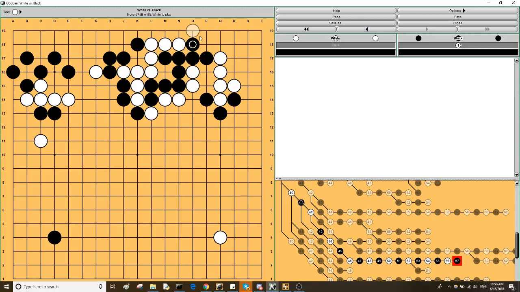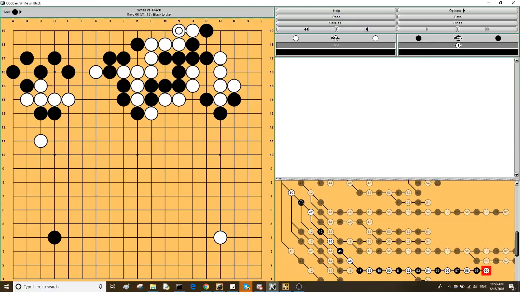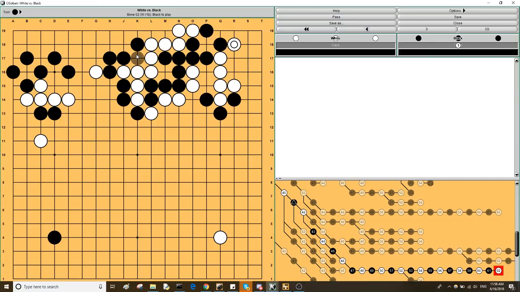I think the best way is to Hane here. I didn't read it beforehand. Or this one. Nope, not that one. I think Hane is good, because my intuition is like...